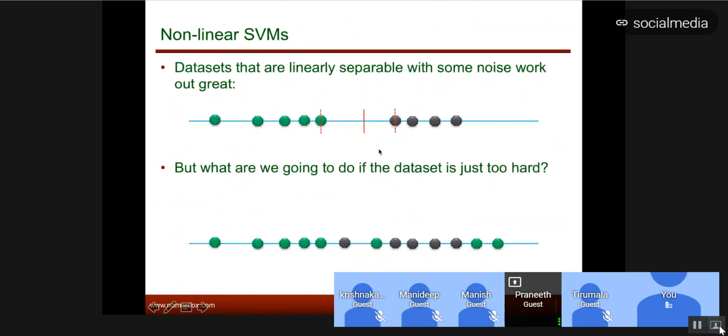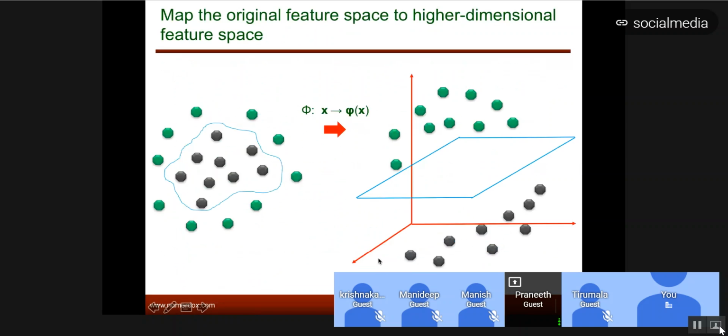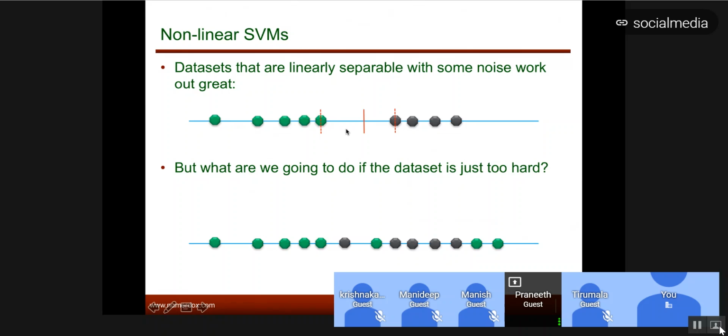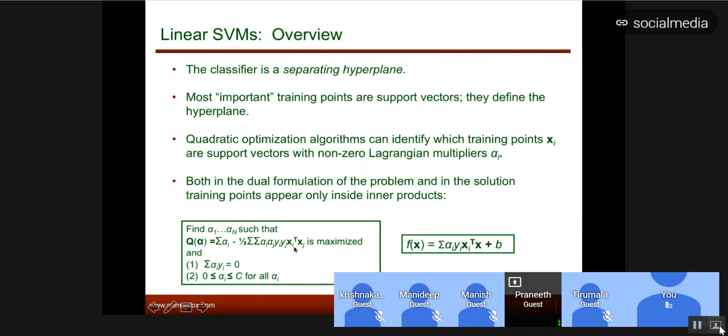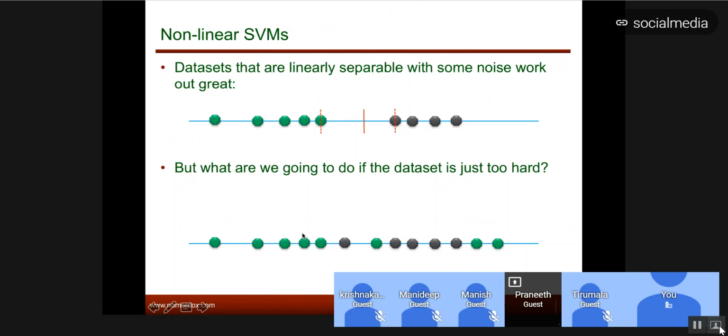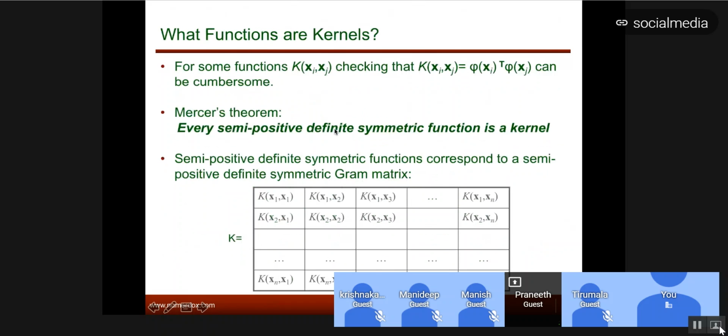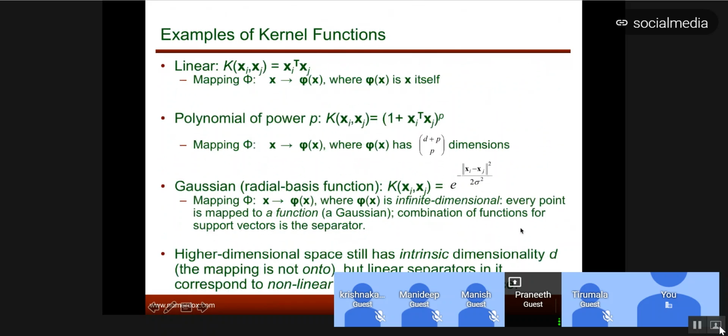So you're seeing in linear SVM you had this, but it may not be able to separate non-linearly separable data, so you want to transform your data using phi of x. As soon as you use phi of x, a function on your data, to get linearly separable data, the objective function of SVM changes from xi transpose xj in this part to phi of xi transpose phi of xj, which can be called the kernel function, which is the terminology we're using. Now, what is that function phi that you want to explicitly use so that you get some kernel? So this is an example for it.